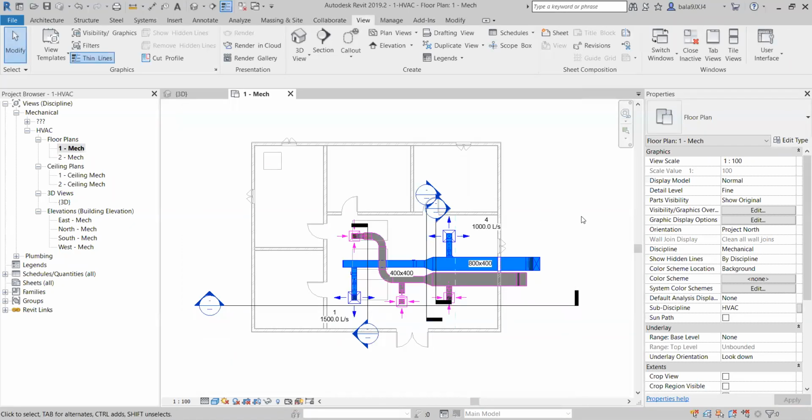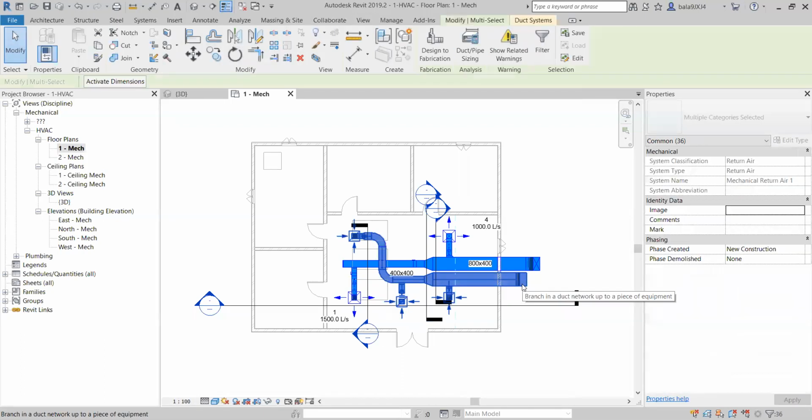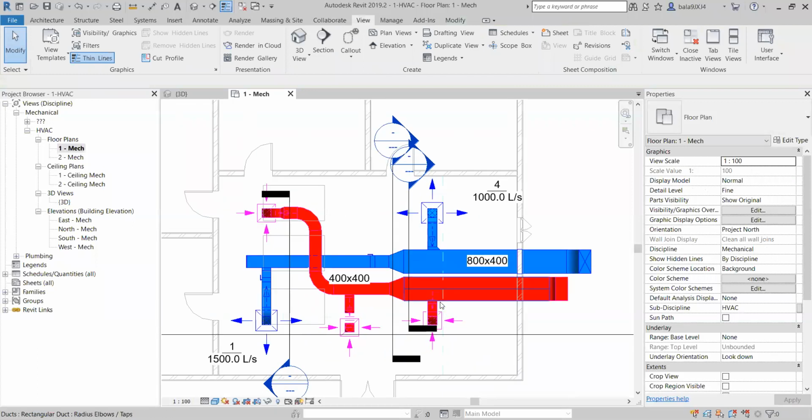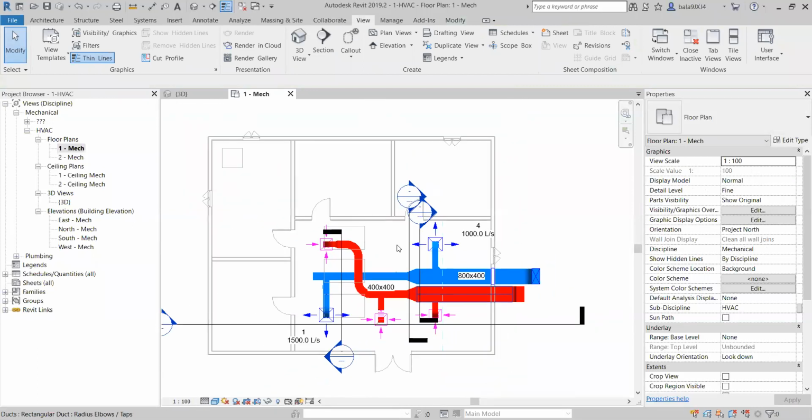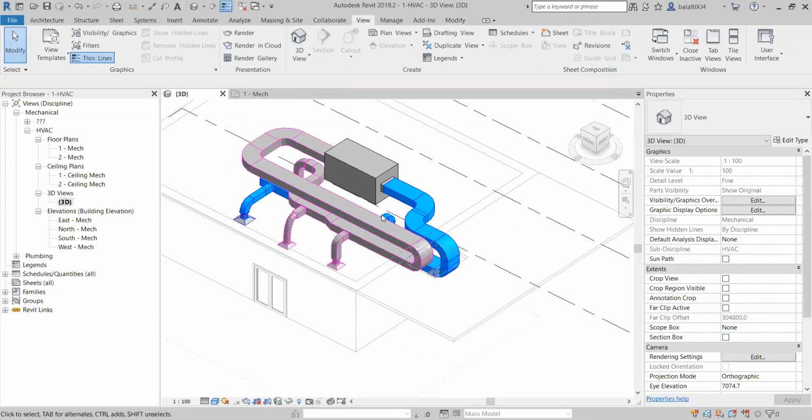Apply. Okay. I select the entire duct with the help of the tab key. Just place the mouse and hit the tab key, 1, 2, like this. Okay, select it. Then in the comment, instead of the S, I'm going to give the R. You got the red color? Now I am going to the 3D view. Again here I am not getting the red color.